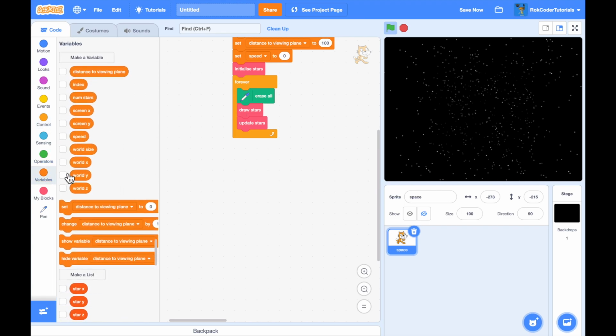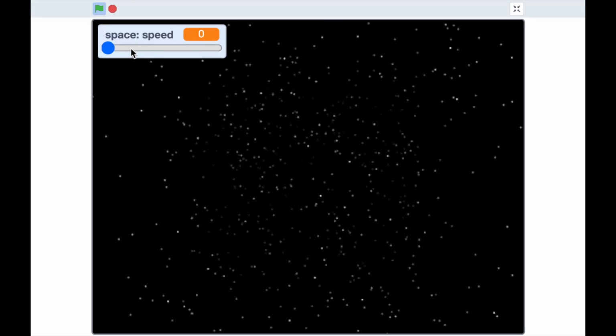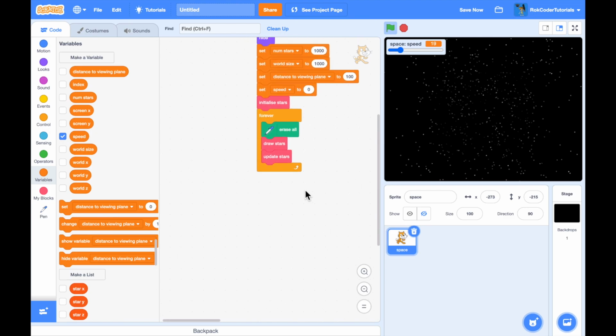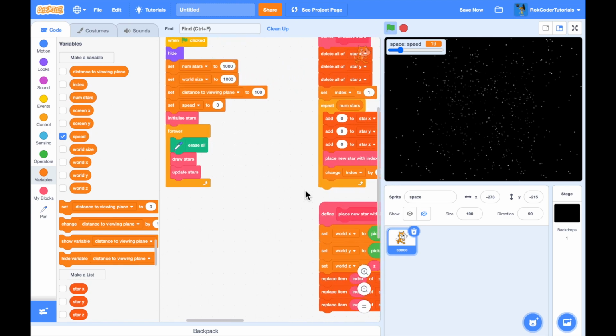Should we show the speed variable? And let's double click on it a few times to get it as a slider. That slider will go between 0 and 100. So let's go on full. Let's increase the speed. Disappointingly, nothing at all. So we're drawing the stars, we're updating the stars,